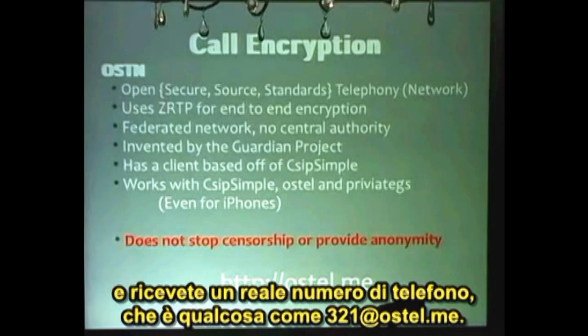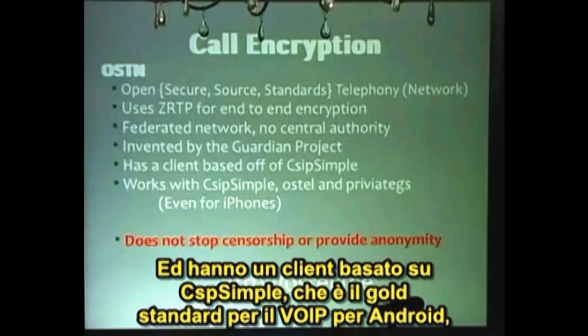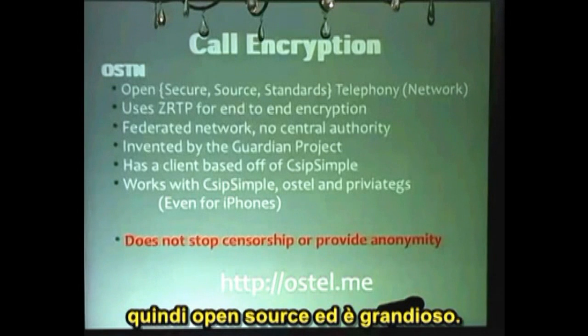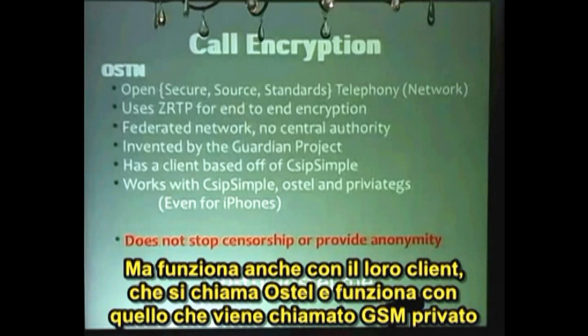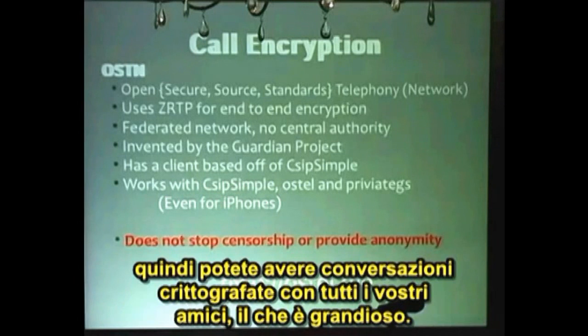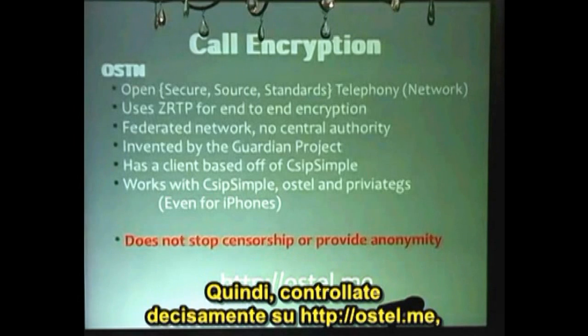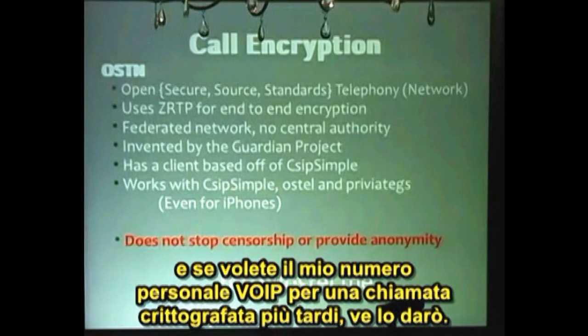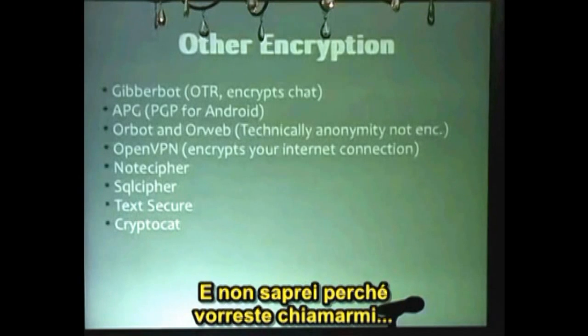And you get a real phone number, which is something like 312@ostel.me. And they have a client based off of CSipSimple, which is the gold standard for voice over IP for Android. It's open source, and it's great. But it works with their own client, which is called Ostel. And it works with a client called Private GSM, which runs on Android, iPhone, and even BlackBerry. So you can have encrypted conversations with all your friends, which is great. So definitely check out ostel.me, and if you want my VoIP phone number for an encrypted phone call later, I'll give that to you. I don't know why you would want to call me, but